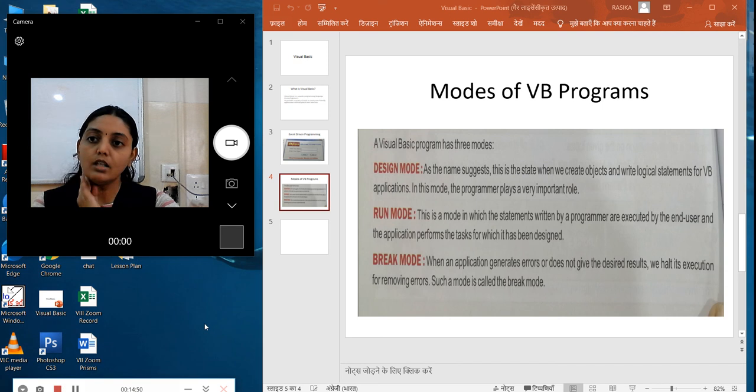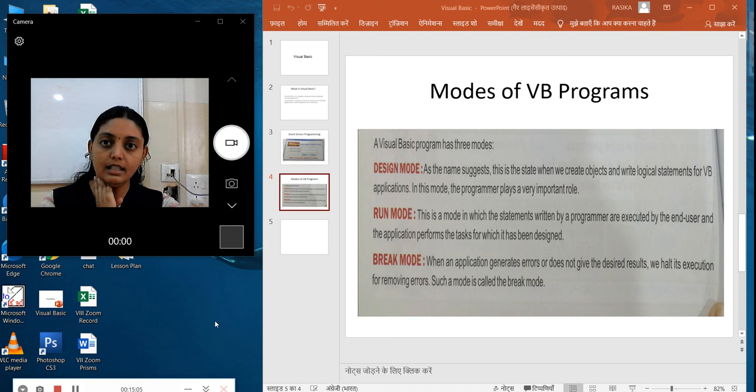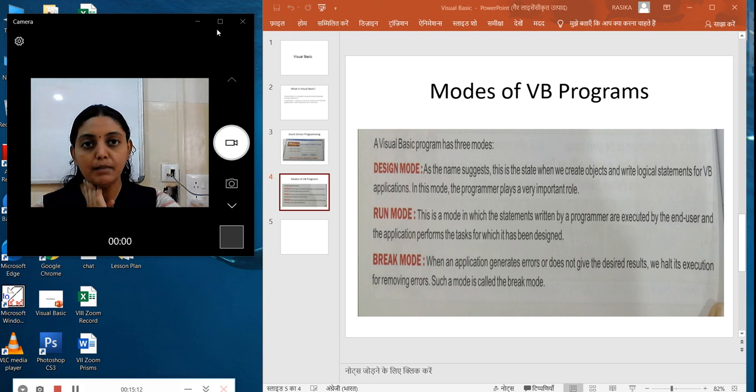As you download Visual Basic on your computer, just run the program and install it properly. As you install it, go to your start and open your Visual Basic. Let us follow the same way.